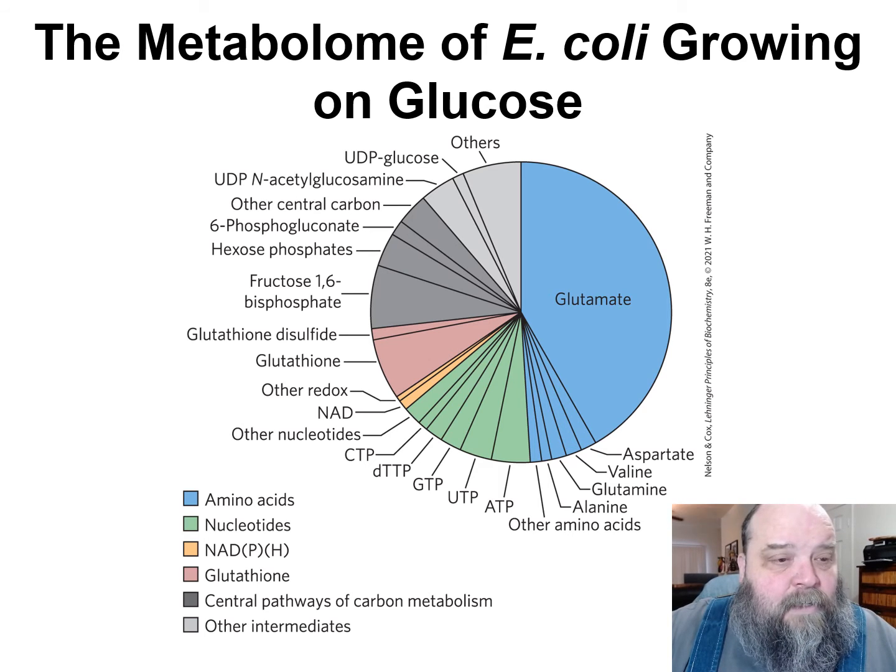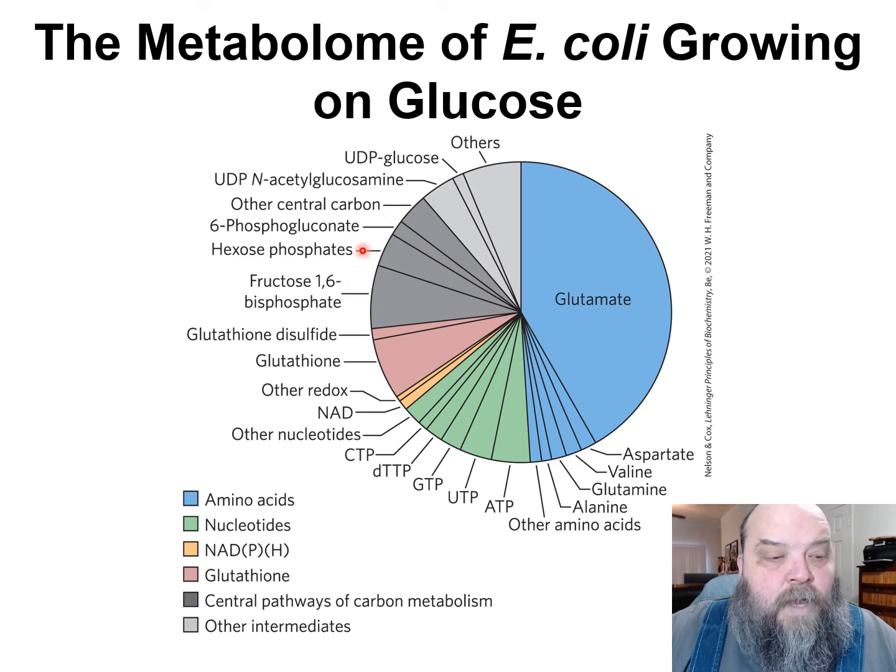When you look at, we've done this study for bacteria like E. coli. And here is the metabolic functions of E. coli that's growing on glucose. Here's where all the metabolism is focusing on, the majority of it is focusing on things that are needed for glutamate metabolism. But then, hey, look, you start to see stuff like fructose 1,6-bisphosphate,